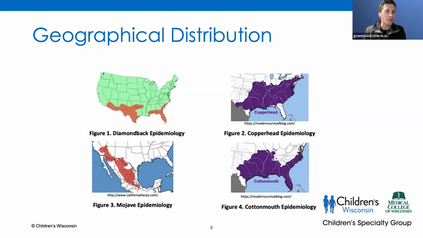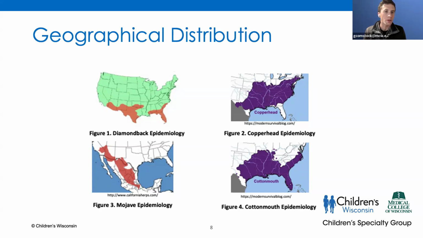So on the left, diamondback doesn't specifically denote whether or not that's a western or eastern diamondback. Probably is both, but scattered across the United States Southwest and Southeast. And then the Mojave rattlesnake there along, through Mexico and then through parts of California, Nevada, the United States Southwest. And so each of these species will have a characteristic geographical distribution, and with kind of the variations from species